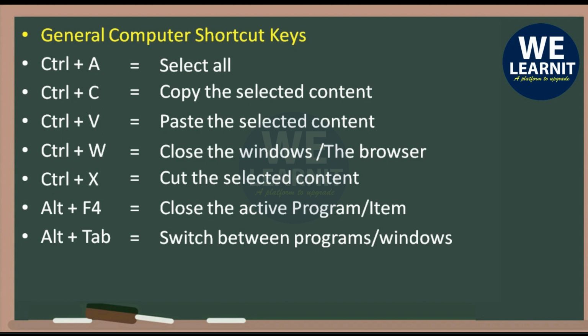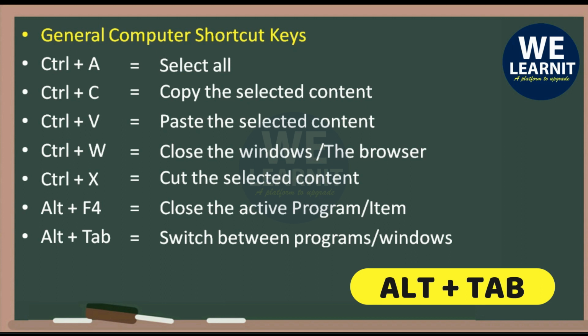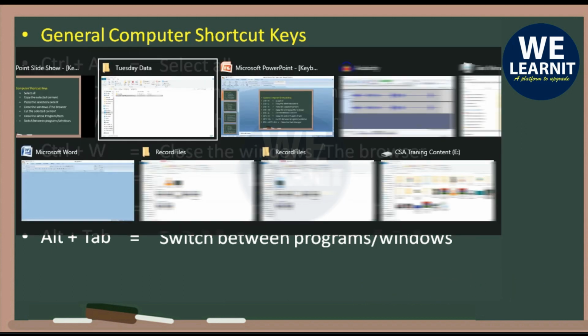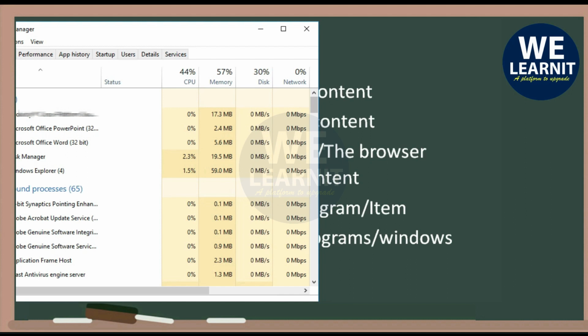So let us see the practical of it. I hold Alt and start pressing Tab. You can see, friends, I have around 7 to 8 files to work with. Now I just want to go to the task manager. As I keep pressing Tab, the programs get switched and the window changes. So like this, by using Alt Tab, we can switch to any program. We need not minimize them one by one. So I'll get into task manager. You can see. Now let's get back to the same PPT file.